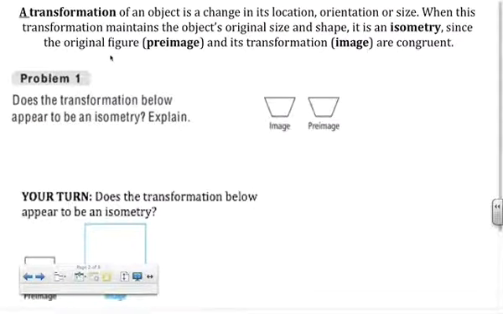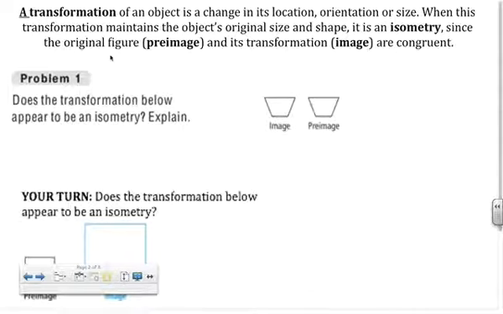So in this last unit that we're covering this year, before we start preparing for our EOC review, we're talking about transformations. In today's lesson, we're talking about translations and reflections. Before we get into that, however, we want to make sure that we're all speaking the same language when we're talking about transformations. First of all, realize that a transformation is, as you can see in the definition, I'm changing